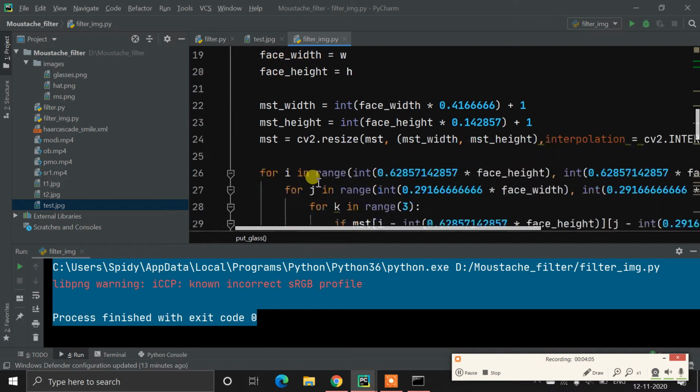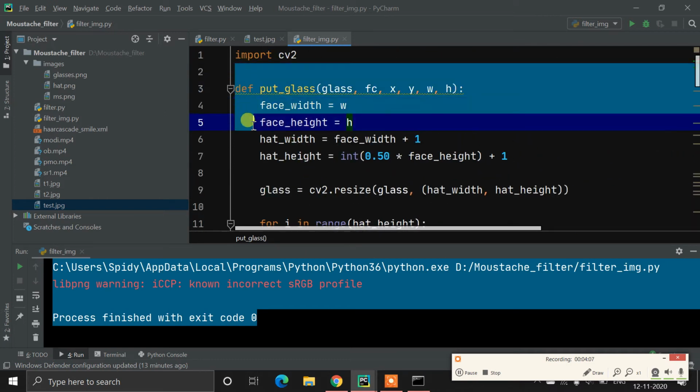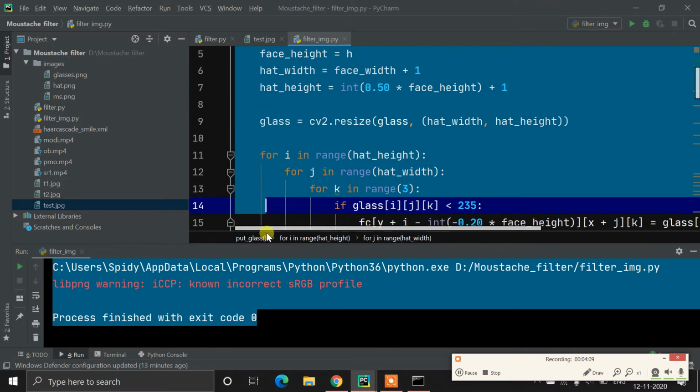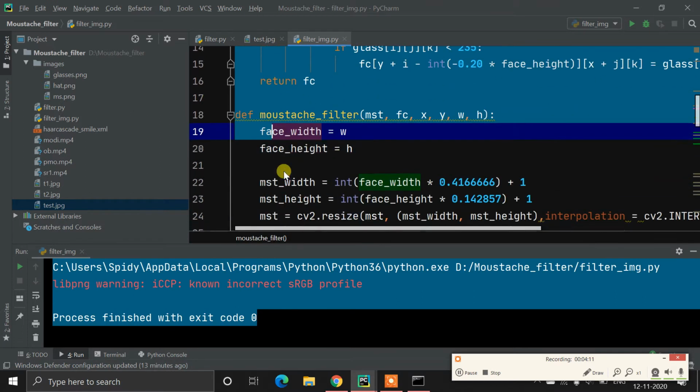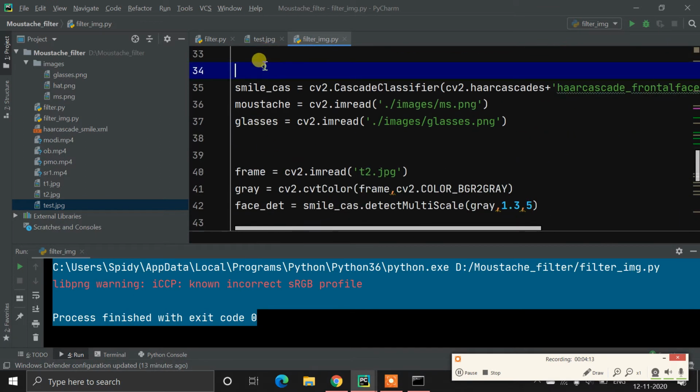Now let's see the code. These are all simple user defined functions. With these we can put the filters, so we will see it later. Now, how are we putting the face filters? The solution is very simple. The question is one whose answer you all know: on which part of the body are we putting our filters?